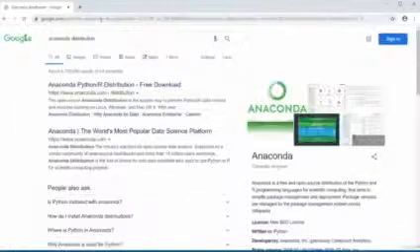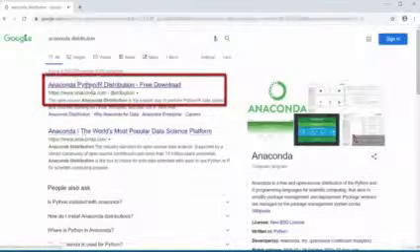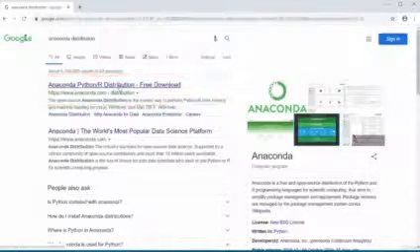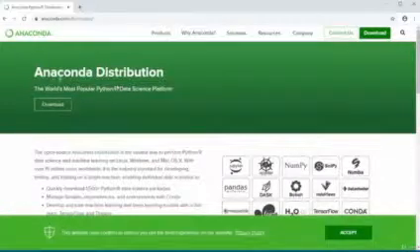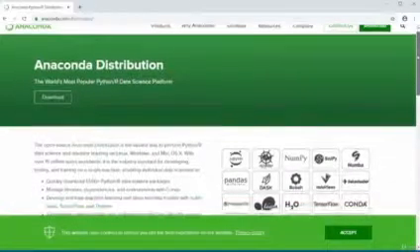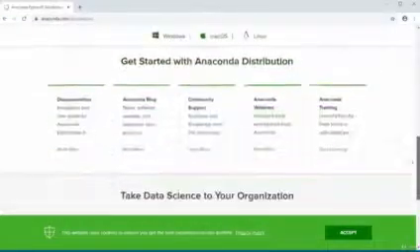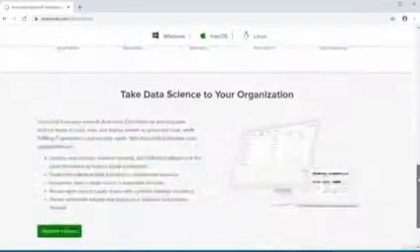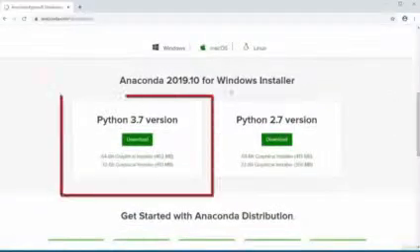So I'm going to click on this one here that says Anaconda Python redistribution. Click on that, and that will detect the operating system you have. If you're running a Mac, it will detect you have a Mac. So I'm just going to scroll down to the bottom here, and right at the bottom, it will detect my operating system. So it has detected that I'm running a Windows-based operating system, and it presents me with a Windows